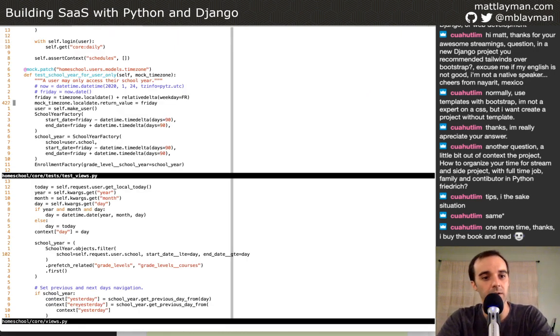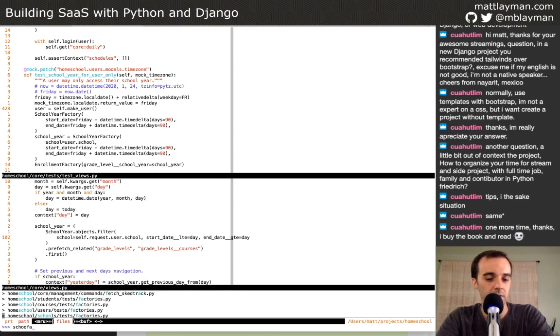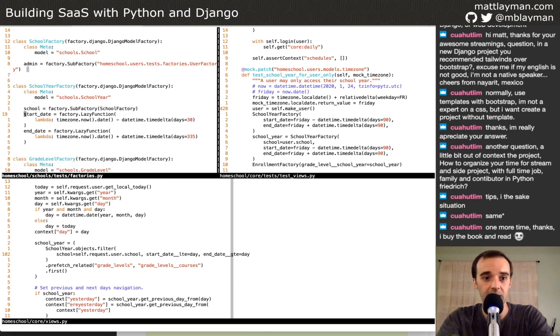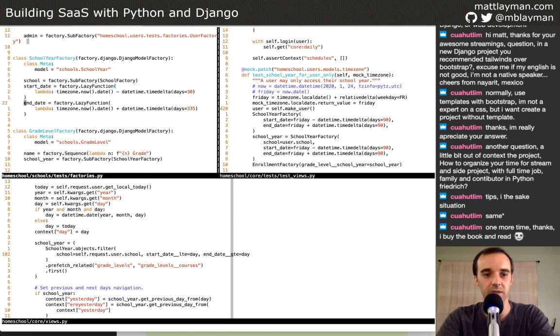But here's the nice part. The school year factory, which I didn't show you, but I can really quickly, says to make a school year based on today minus a few days and plus like a year. So it's a really big school year, but it doesn't matter. I just wanted to have something sort of safe. So it's already anchored to a good time window. So the nice part is if I have picked a date that is from today, but only 1 week in the future,